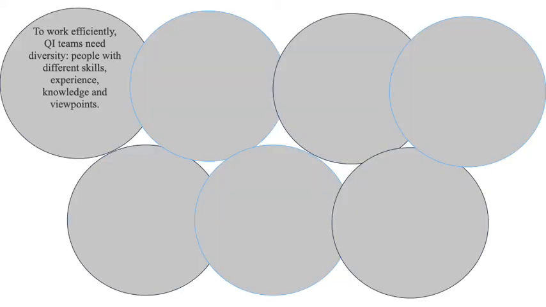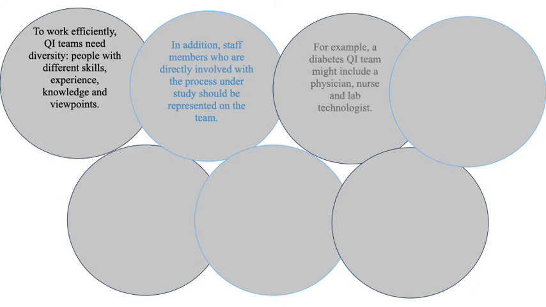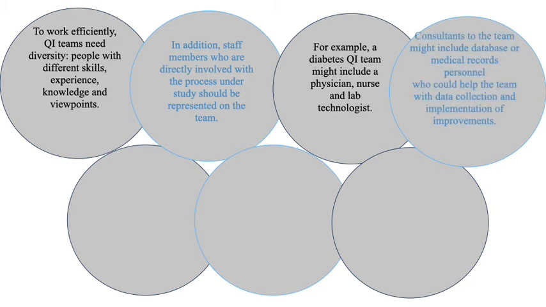When recruiting team members, remember to work efficiently. QI needs diversity, people with different skills, experience, knowledge, and viewpoints. In addition, staff members who are directly involved in the process under study should be represented on the team. For example, a diabetes QI team might include a physician, nurse, and lab technologist. Consultants to the team might include database or medical records personnel, who could help the team with data collection and